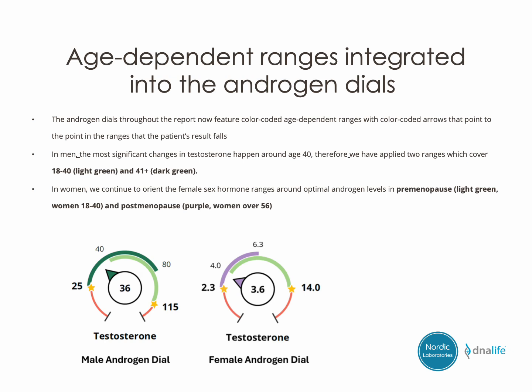Okay, so as I said, the androgen dials throughout the report really just feature the color-coded age-dependent ranges with color-coded arrows that point to the points in the ranges where the patient's results fall. Previously, we communicated age-dependent ranges via a table near the dials, and that required finding the patient's age range and mentally applying it to the patient's result for each androgen. So now, with just a little orientation, the dial can be read out and understood quickly without having to reference